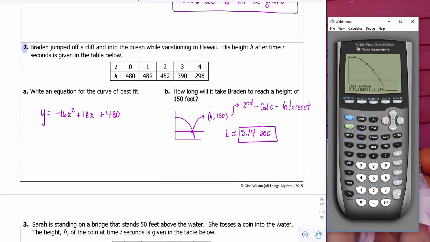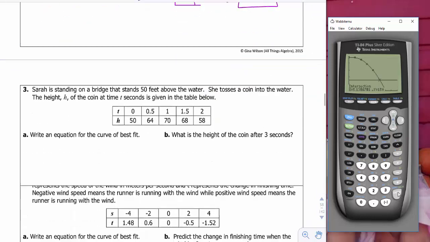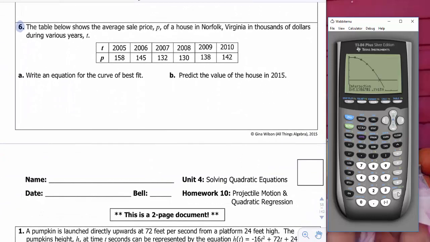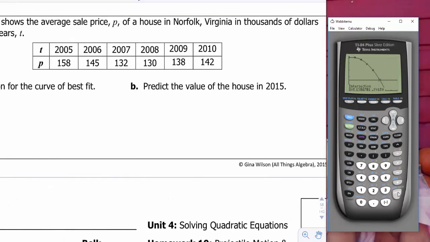So the last one that I'm doing for you guys is going to be down here. It's going to be number 6. So number 6, notice, has a little bit of different setup in terms of your table. So here's what we're going to do with this table. I do not want to type in on this table 2005 for my x values. What I want to do instead is reset those numbers to something a little bit more feasible, like this. My actual t values that I'm going to use, instead of 2005 for my x value,